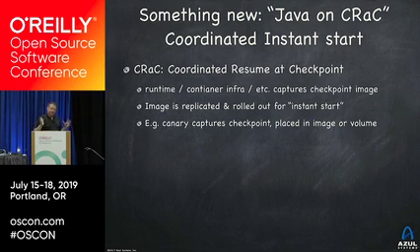Now, the idea in Java on Crack, or Crack in general, this isn't necessarily just for Java, is that the ability to do a checkpoint of a running process exists in various ways. And we're not going to say which way to use. You can use various ways to do it. The runtime could do it. The container could do it. The container management system can do it. The operating system can do it. There's a feature in Linux called CRIU that does it for user processes or sets of them. There are experimental ways to do checkpoints with Docker, for example, today. And there are ways for JVMs to do their own checkpoints. Which way doesn't matter.